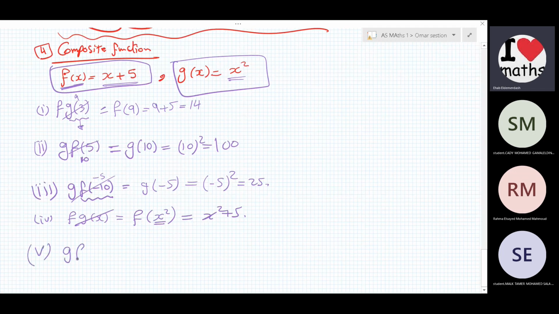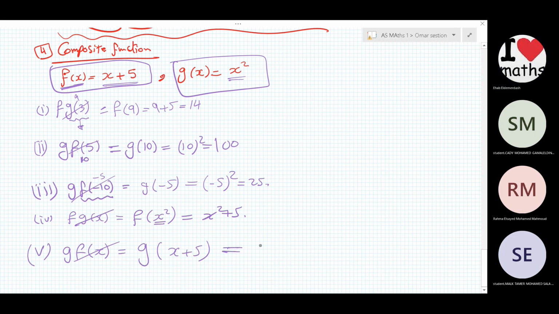طب خلينا نجربها تاني. لو انا قلت لكم g f of x، ها مين اللي يعرف يترجم معايا؟ يلا let's start from inside to outside. مين هو ال f of x؟ ادي x plus 5. يعني انا عايز اطلع g بتاعت ال x plus 5. g العفريت عباره عن x plus 5 all of power 2. I can keep it in this way or I can expand it. Is it clear؟ مفهوم ولا لا؟ صعبه الحكايه دي؟ في اي مشكله يا جماعه في الكومبوزيت؟ Composite is clear ها؟